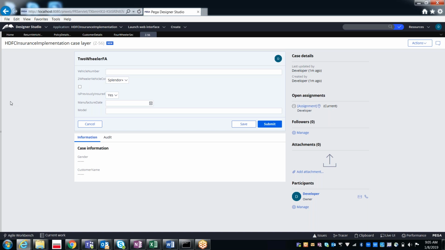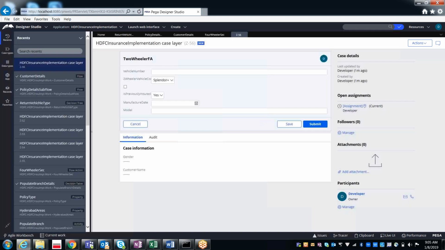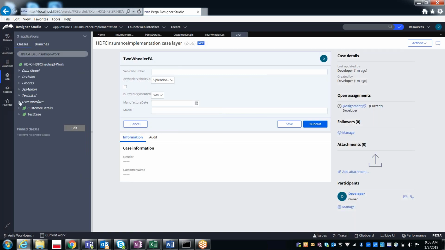In the App Explorer, let me open all my flow actions. Where will we have the flow actions? Under the process category, flow action.